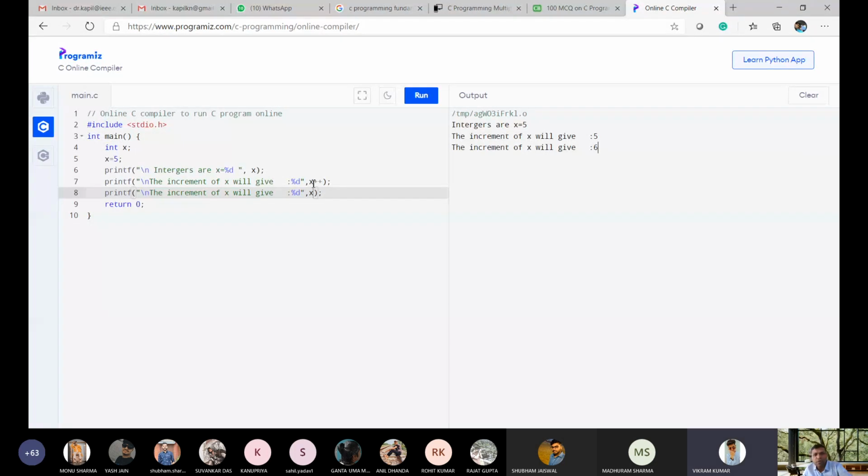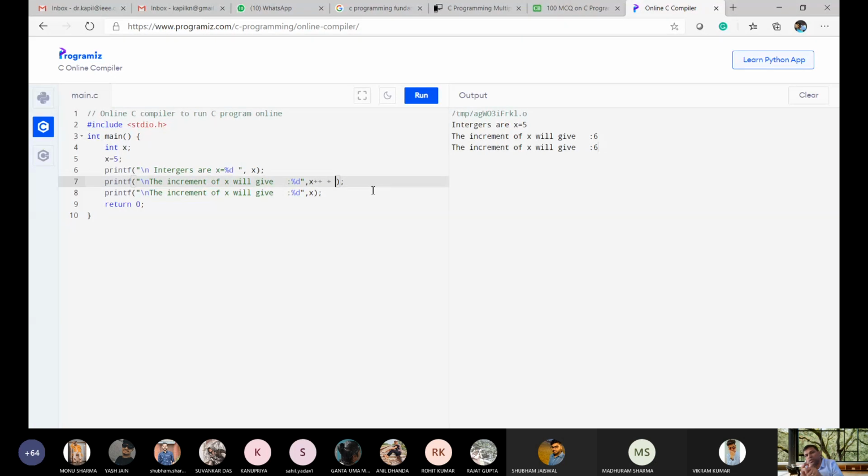And if I am writing pre-increment, then it will give you 6 and 6. And when I am writing x++, you know very well, x++ is 5, after that the value of x is 6.